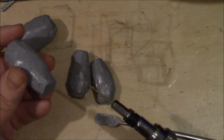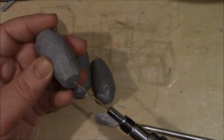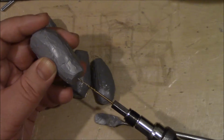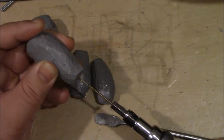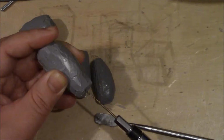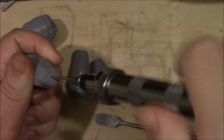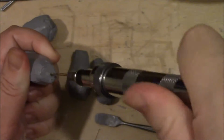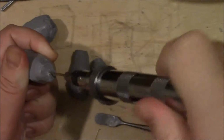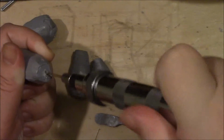Now I got this idea from a lot of model makers, especially from people who work with miniatures. They do a lot of pinning. This technique is called pinning, but it's pretty different from the way that I'm going to do it because this is wax. And I thought, well, wax is pretty hard. I mean, it's comparable to plastic or a hard material. And since